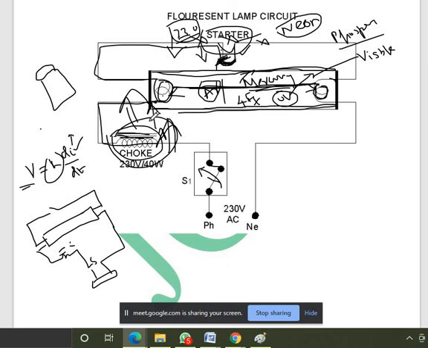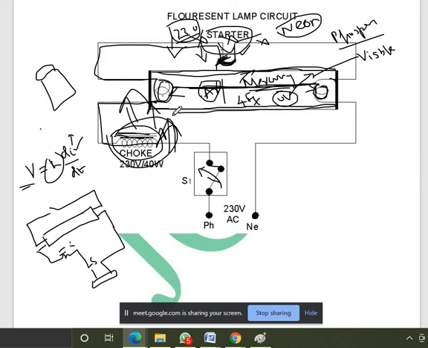Why do we need the huge magnitude of voltage? Then only the argon and mercury will undergo the chemical reaction. The argon gas will be ionized and mingled with the mercury, and during the chemical reaction it will emit the UV rays. Without a huge voltage applied to both electrodes, the lamp will not glow, because there is no force to accelerate the argon gas. So initially we need a huge force to accelerate the argon gas.